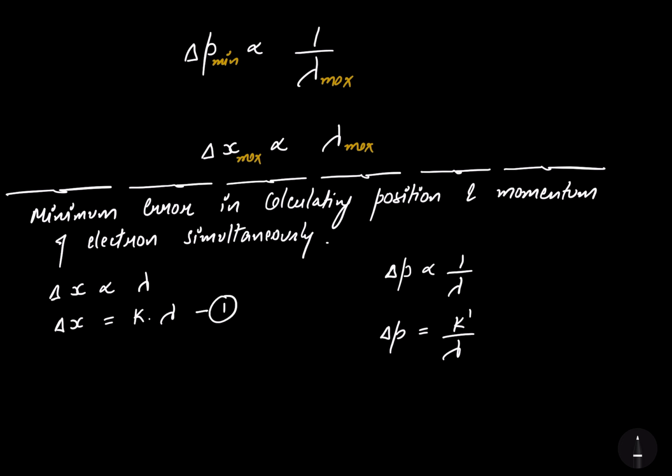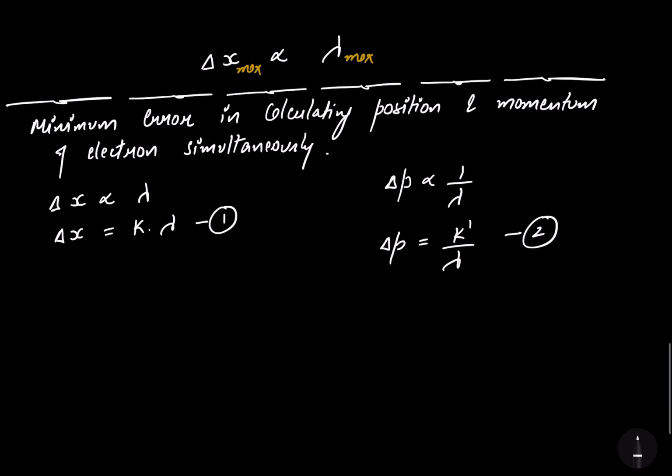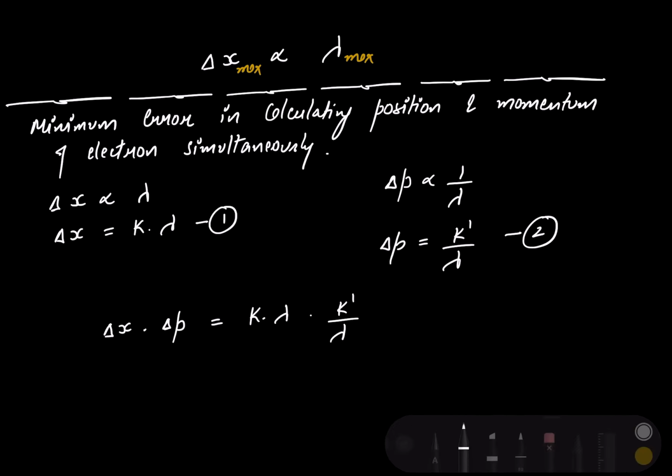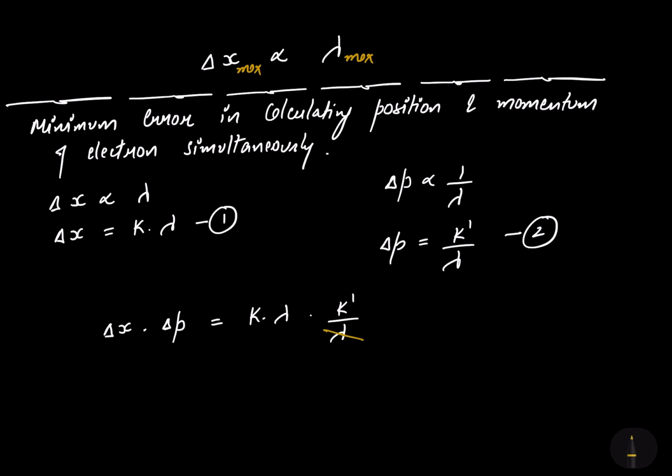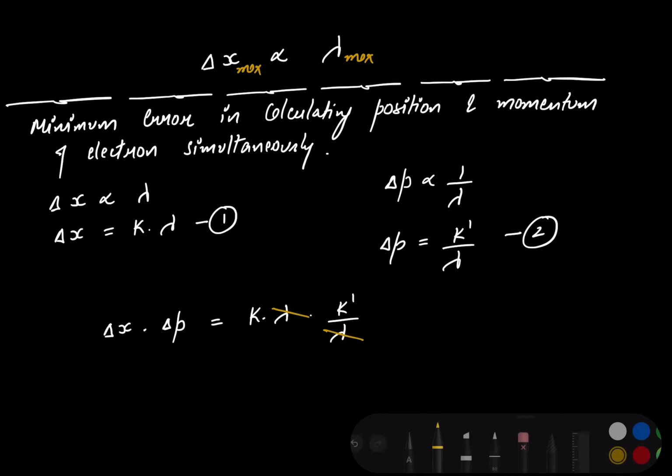Mark it as number 1 and number 2. Now on multiplying number 1 and number 2, delta x into delta p will be equal to k into lambda into k dash by lambda. Here the wavelength gets cancelled with the wavelength, and what you are left with,